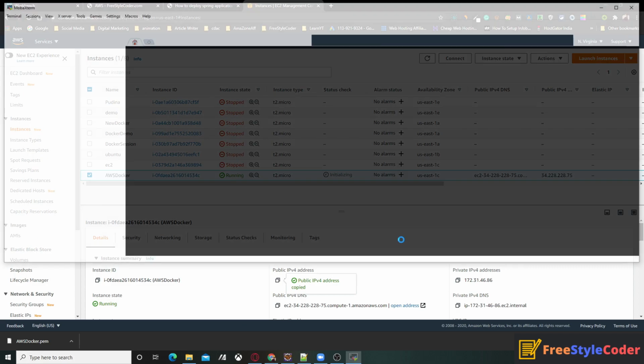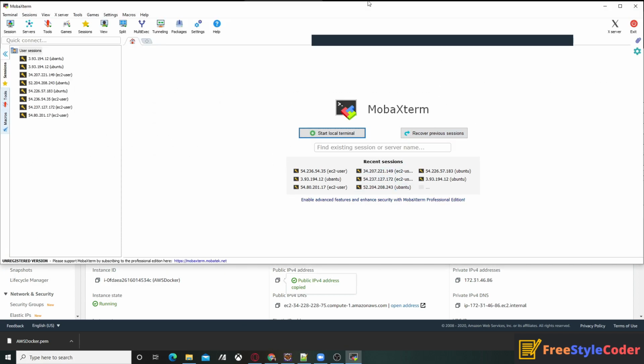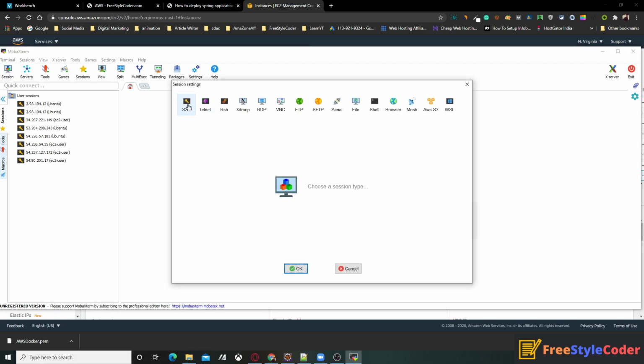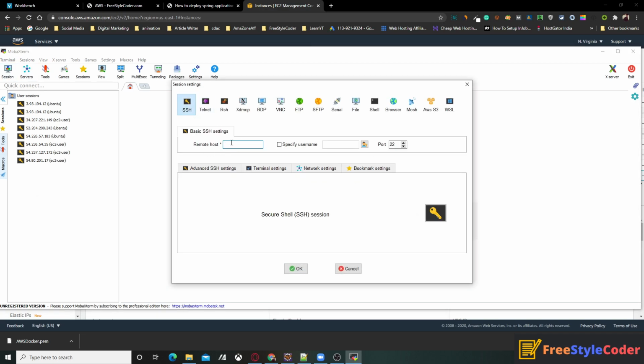This software we will use for the SSH. You can also use your browser. So click on the session, then SSH, and paste your IP over here. Specify the username, and the default username for this EC2 is ec2-user. If you are creating the EC2 using Ubuntu, then you have to write ubuntu over here.